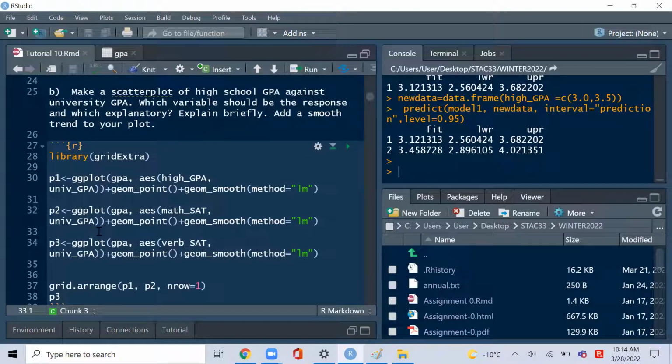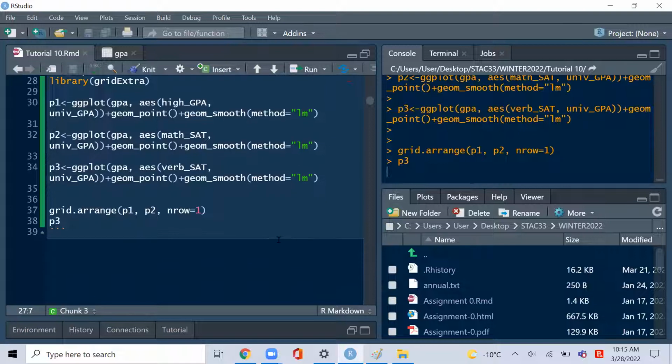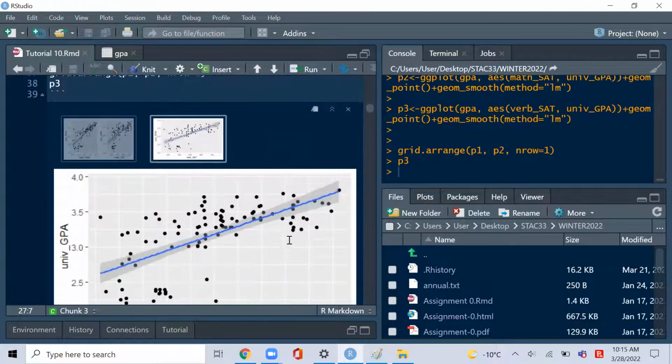The variables we're interested in here are obviously university GPA, but also high school GPA, math SAT, and verbal SAT. Are all these three things significant in predicting university GPA? It turns out, if you look at the plot, you will find that